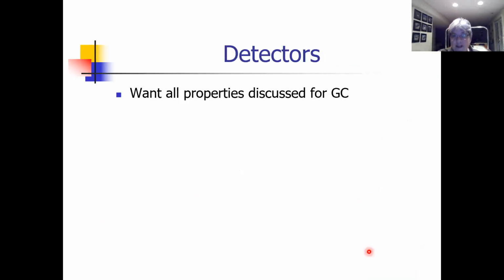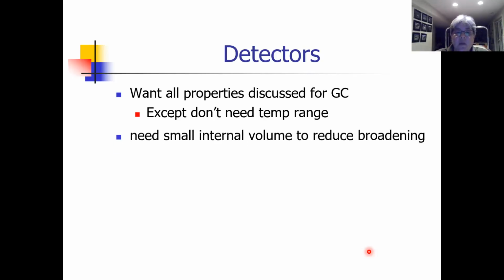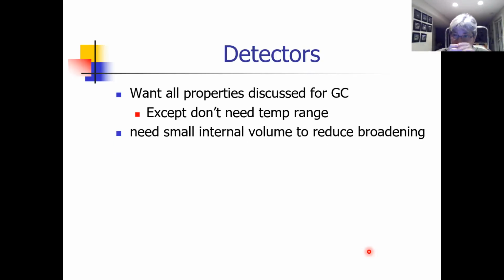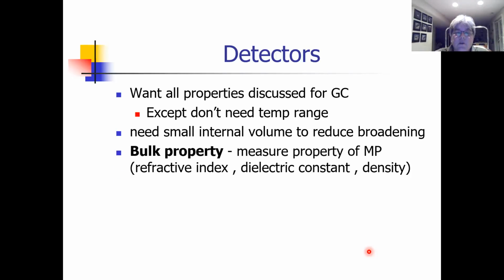Now, what about detectors? So for the detector, we need everything that we said we want for GC, except we do not need the temperature range. LC is almost always just done at room temperature, one temperature. We do want the volume of the detector to be small so that we don't get broadening inside the detector. So